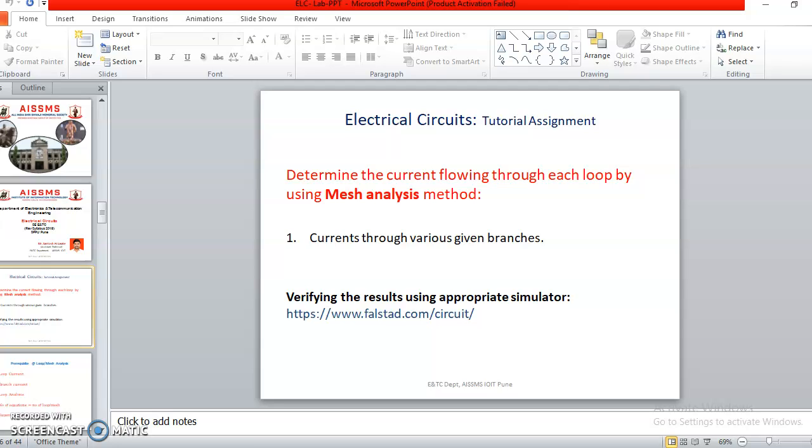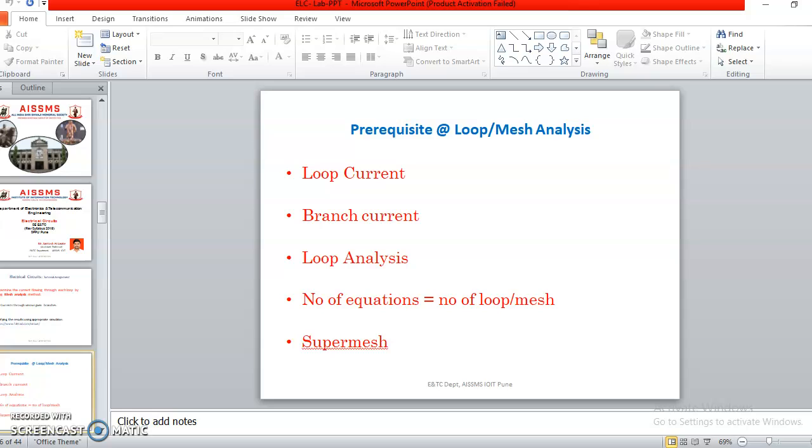We have to find the current flowing through various branches of the given circuit, and also verify the results using an appropriate simulator on www.falstat.com. Before we start, we require some prerequisites about mesh analysis, where we need some definitions.